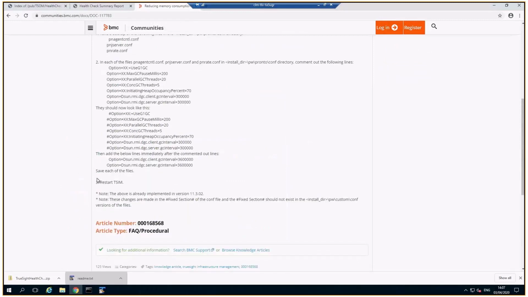At the end, we should restart the TSOM in order for the new configuration to take effect. But as we have other items to address, I'm not going to do that right now. If we go back to our report,